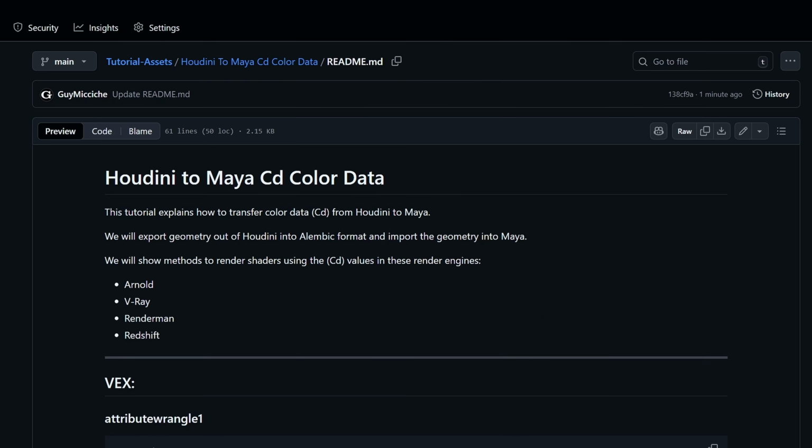Hello everybody, and welcome to Houdini to Maya CD color data. In this tutorial, we will learn how to transfer color data, that's the CD attribute, from Houdini to Maya. We'll export the geometry out of Houdini into an Alembic format and import the geometry into Maya. In addition, we will show methods how to render shaders using the color data values in these render engines: Arnold,